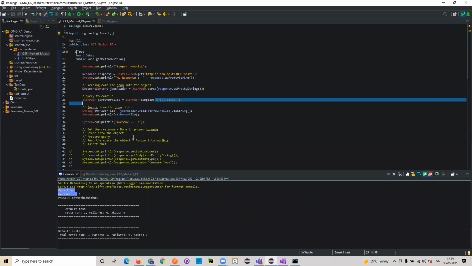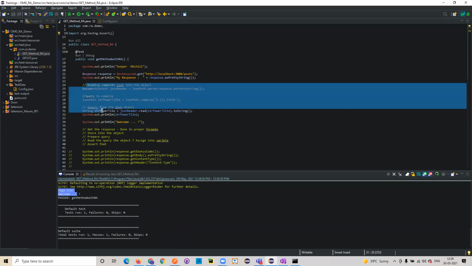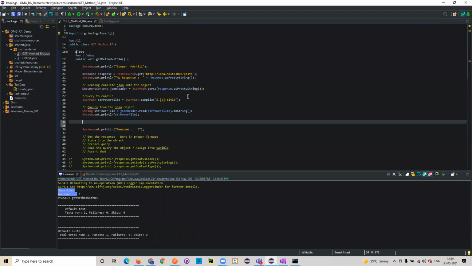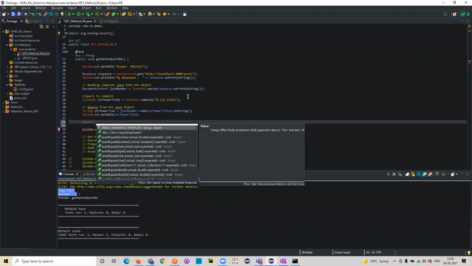So if you change this, now these methods are common. You need to change this one. So you can pass this as a parameter for this method, and this will return me this. Now what I need to do is the assertion. So assert dot assert equals to